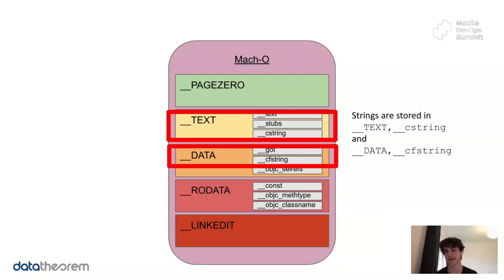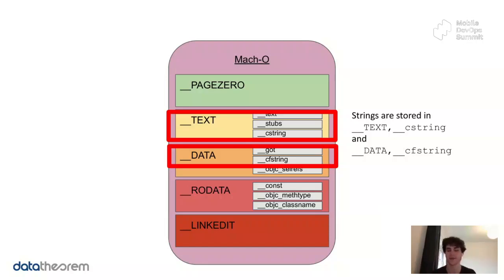And if you're curious, the C string section stores, well, C strings, as the name would imply, just classic string literals. And CF string contains Core Foundation strings. So these are things like NSString literals in your source code. They get rendered into this section, CF string. So the point being, all of these sections and segments have a specific purpose and contain a specific